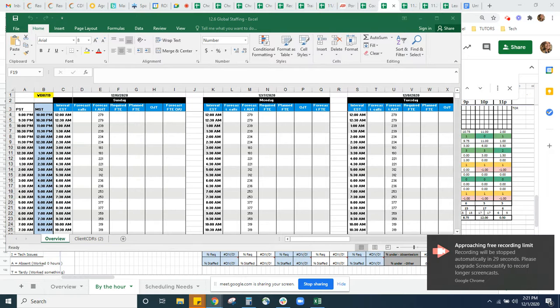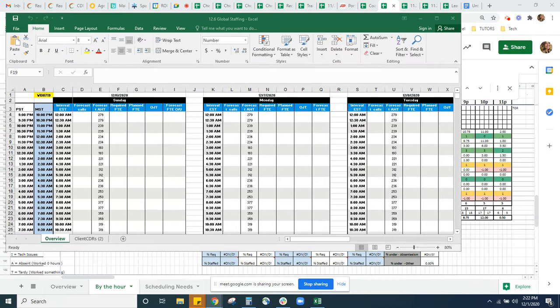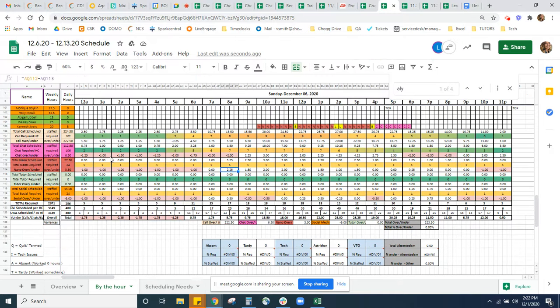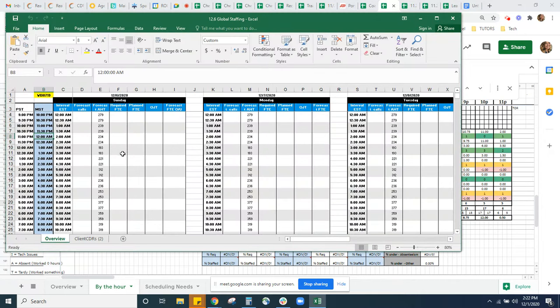So just to demonstrate how that is done, I'm going to go to Sunday, December 6th, and I can see right here, this is 10 p.m. MST, 11 p.m. MST, and then 12 a.m. MST. So right here at 12, it calls for 5, and then 5, and then 5, up until 5 a.m. MST. So I'm going to enter that in. And remember,